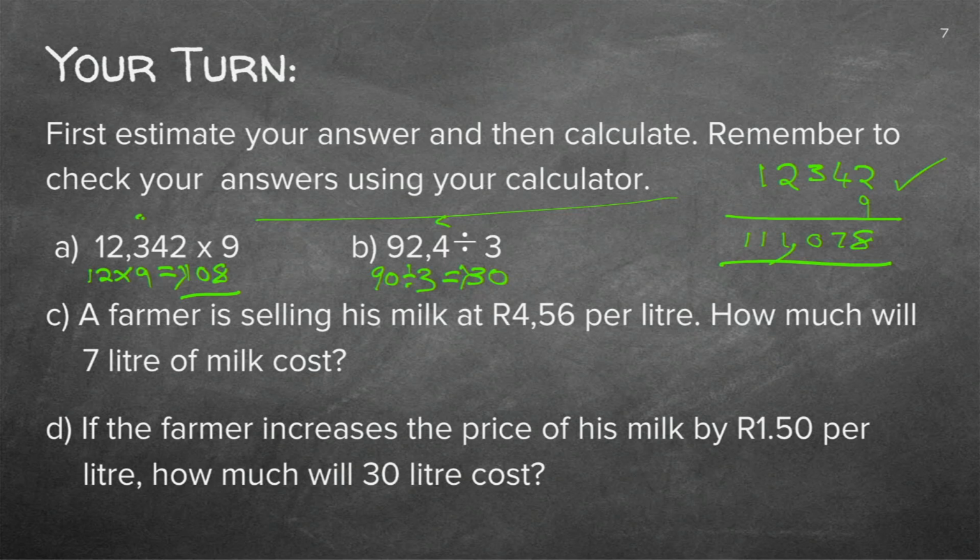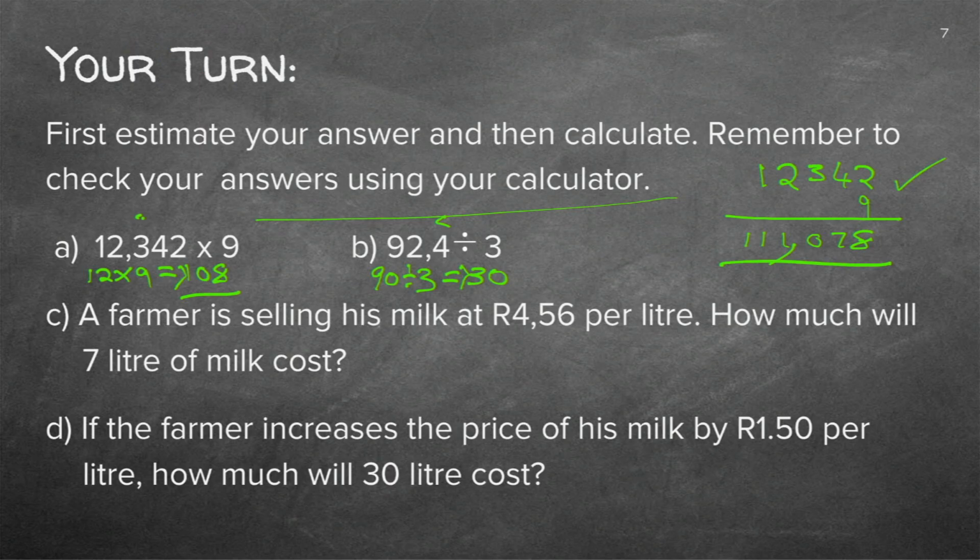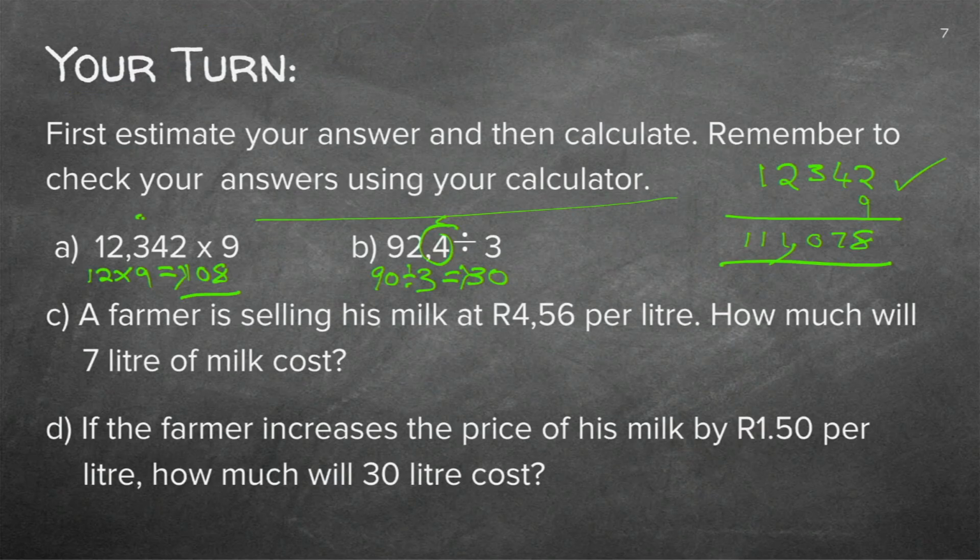So now we're going to do our calculation. Let's do it on a clean space, 92,4, and we're going to divide 3 into 924, and this is an easy one, it's 308. Okay, so now how many decimal points? There is 1, right? So if we have to replace that, we say it's going to be 30,8 is our answer. And what was our estimated answer? Just over 30. Cool.